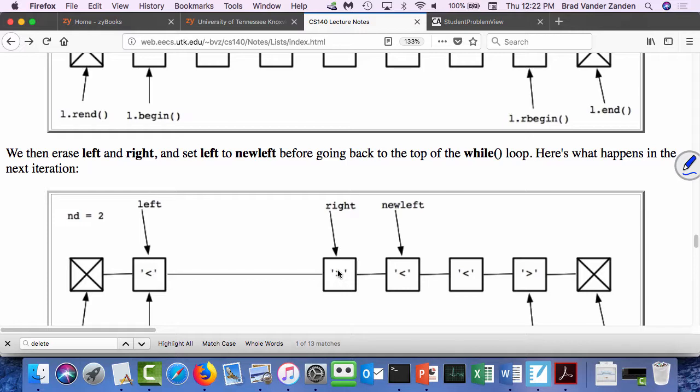Very good. We can't go left anymore because there is no left element. So if we're deleting at the beginning of the list, then we have to set new left to be what will be the new first element of the list, which in this case is to the right of right. So there's a special case we have to deal with, which is we're deleting the first two elements of the